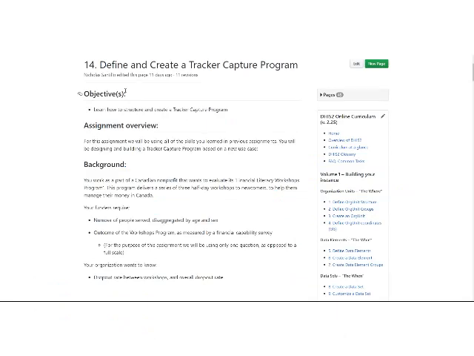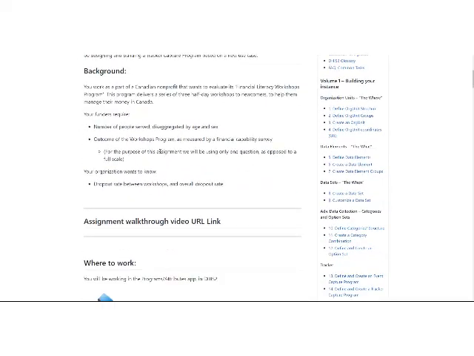Okay, so we have a tracker capture program to create, and we have some requirements that we are going to build from. Now, these are the same requirements as in the previous assignment to create an event capture program, and the reason is that we want to show how they are going to look different even though they're trying to do the same thing. So, just to reiterate, we want to track how many people we serve, disaggregated by age